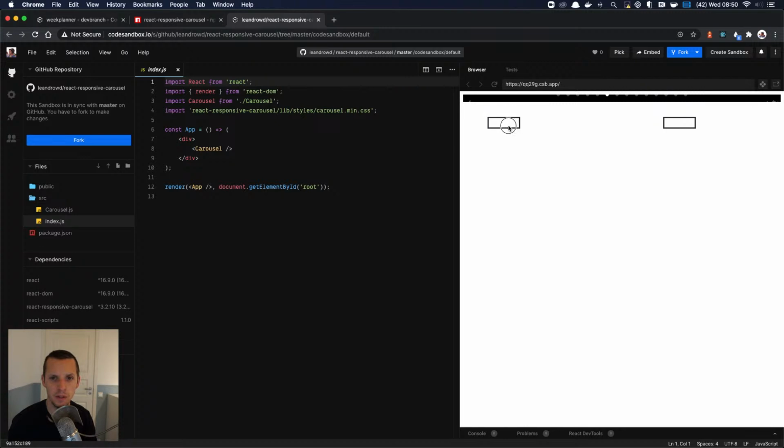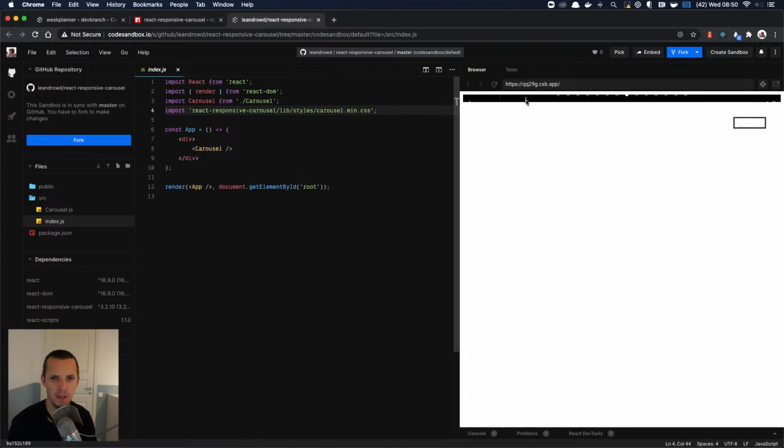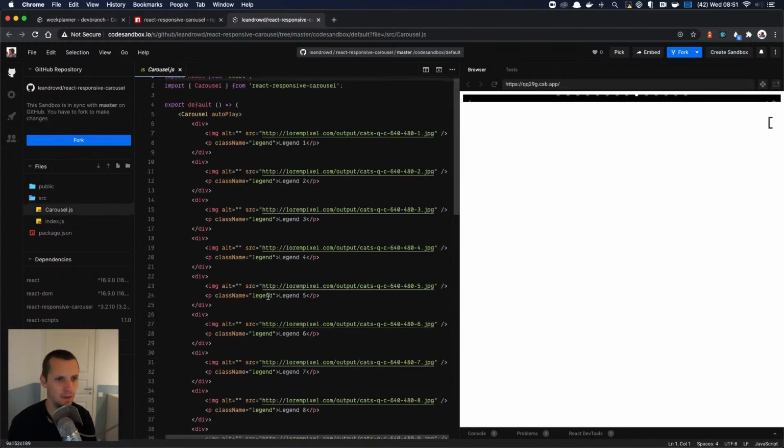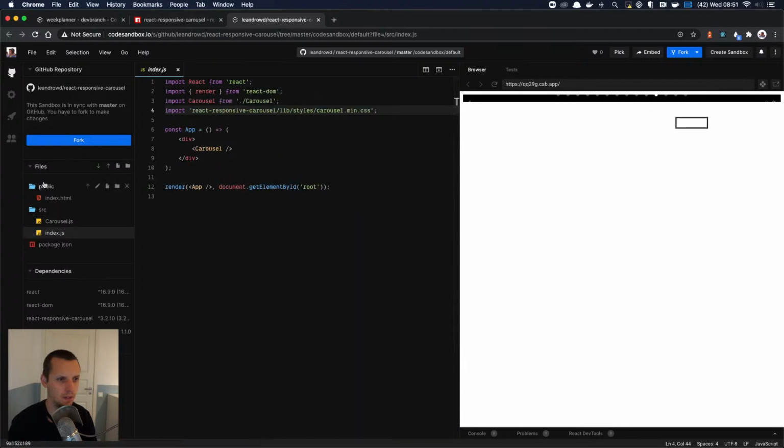Okay, so what is this thing? Well, this didn't work very well. What the hell is happening here? Maybe it's the CSS that doesn't work. That's not good.